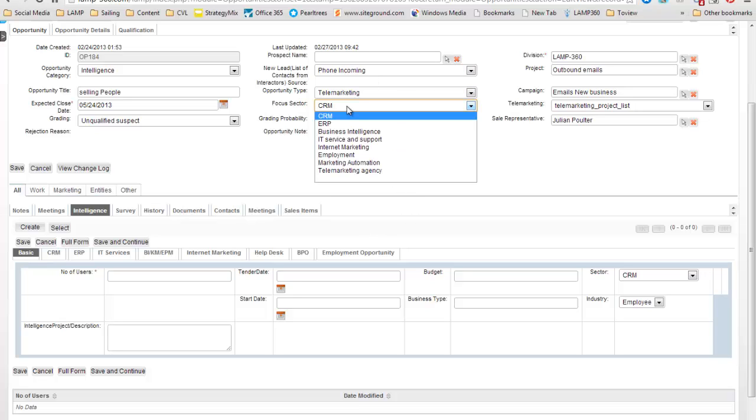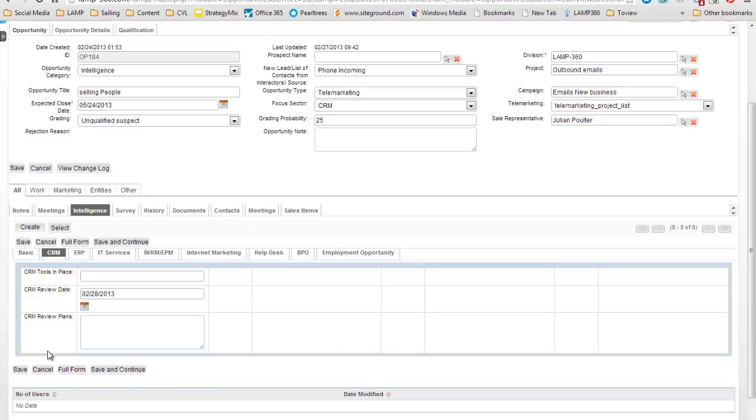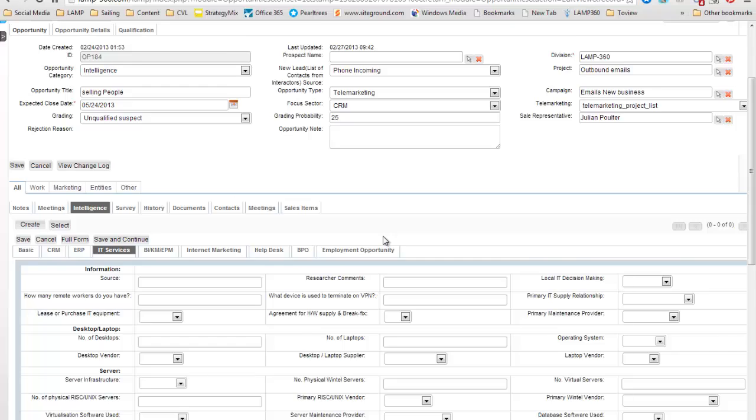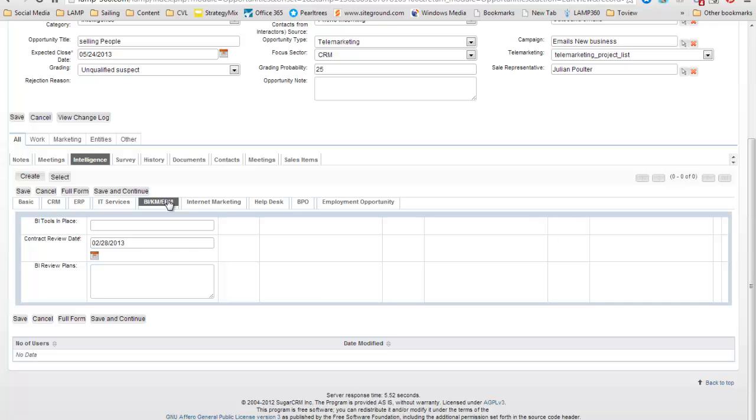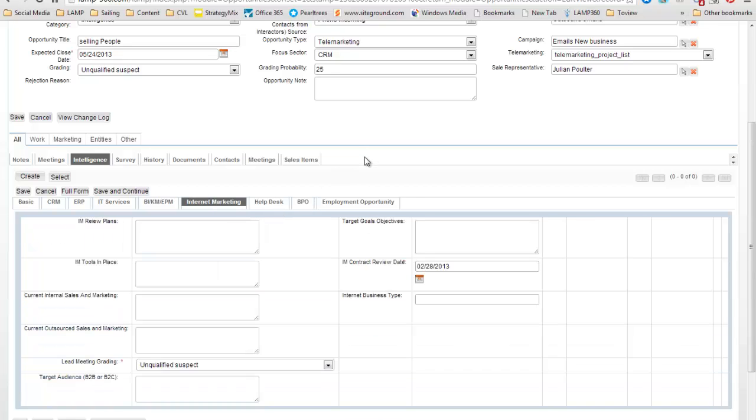So the focus sector is saying our business typically focuses on, for instance, CRM or ERP. So anything that we create is associated with a particular focus sector. And then when we create a new project in the future, we can say, let's have a look at all the leads or all the information that we've got, the intelligence in a particular focus sector. So this is saying, well, look, we were always interested in CRM information, what tools people had in place, various comments. We were interested in IT services, all sorts of information there about their IT infrastructure. What are they doing for business intelligence, internet marketing, and so on and so forth. So this can be a really useful way of categorizing and collecting information in such a way that we can retrieve it from the